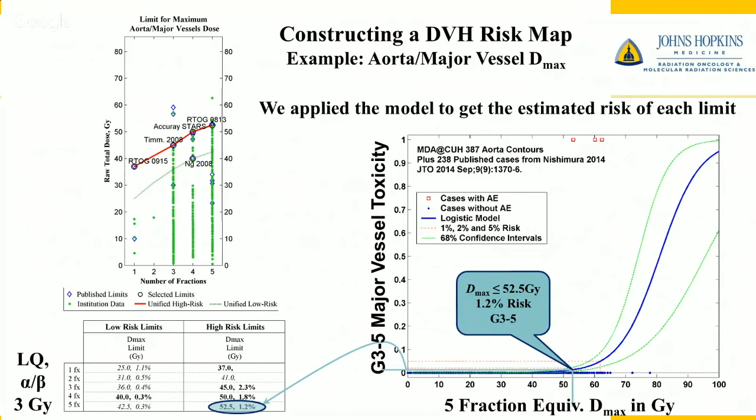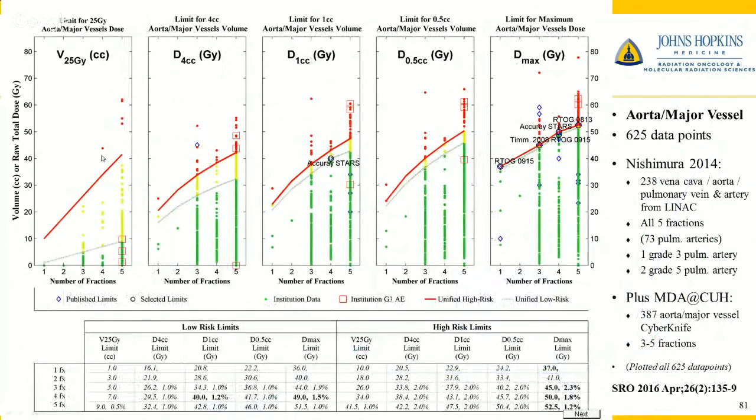So I'm kind of looking at the chat list. SBRT dose tolerances for brachial plexus. I do have that. So in Seminars in April, we published 10 critical structures. I have these DVH risk maps for 25 critical structures, but with the estimated risk levels, pretty much those 10, and I'm starting to work on a few more. There's one study where you can get estimates for brachial plexus. I do have a good set of limits for those. So send me an email afterwards or something. I could show you that.